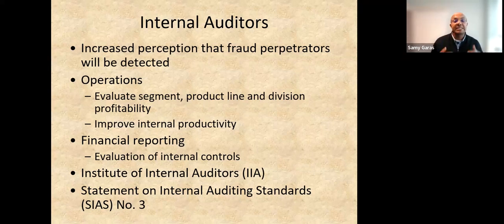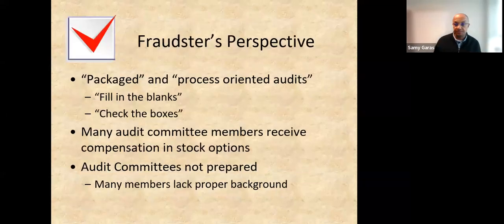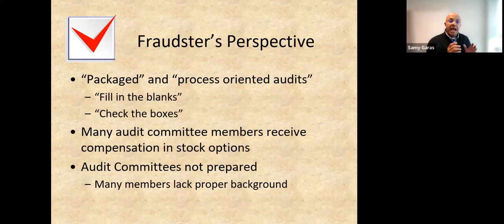And there are some statements issued by the IIA to guide the internal auditor in running the right process of auditing. So now we have finished the corporate governance structure. Let us shift gears to the fraudster: how the person, the organization, or the group who are committing the fraud try to commit it.